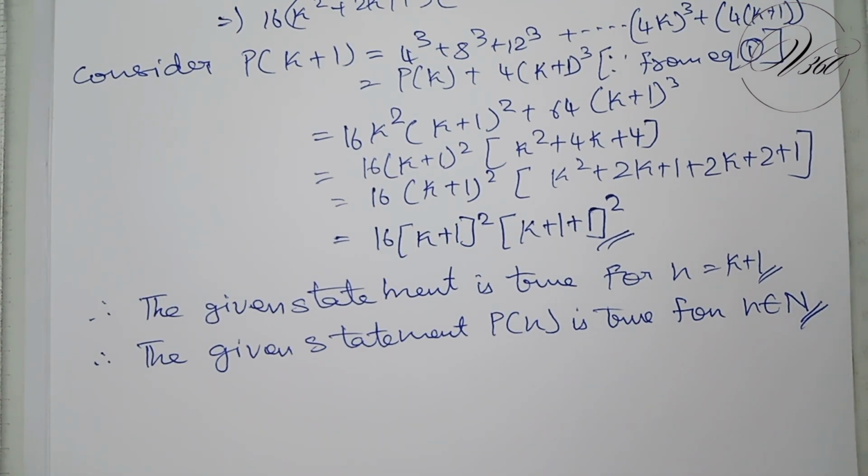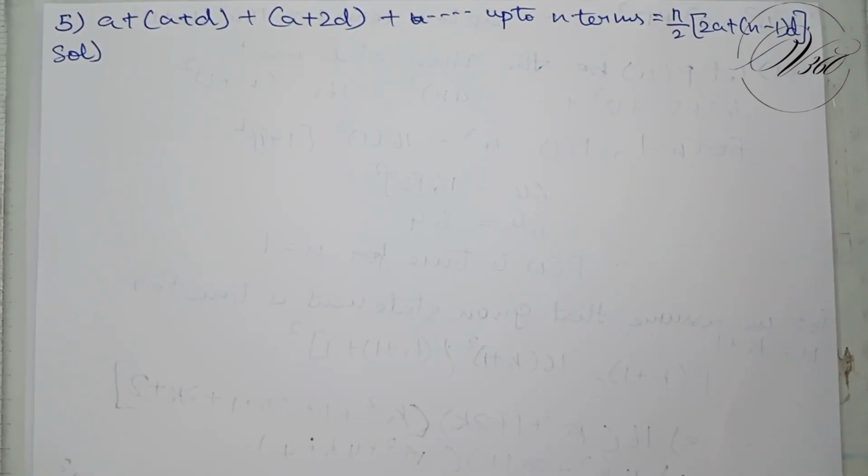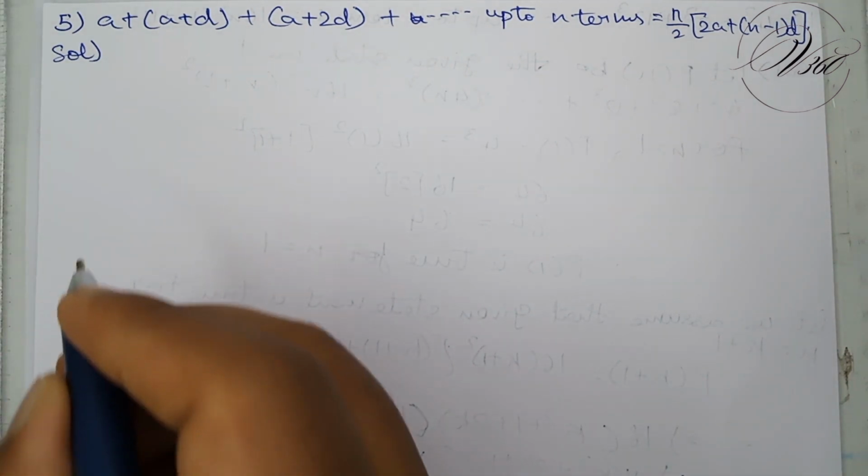Let's go forward to the fifth question, that is a plus (a plus d) plus (a plus 2d) plus until the nth term, that is equals to n by 2 of (2a plus (n minus 1) of d). Now we are going to solve this question. Okay, now the first term here is,